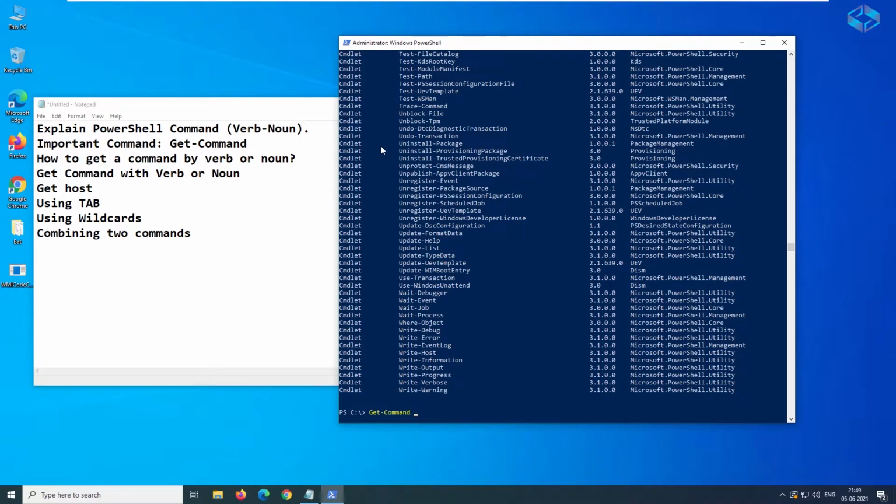So how can we find a command which is available in the list? It is very hard to go one by one and see what command is available. To search this list, we have multiple methods, especially three methods.